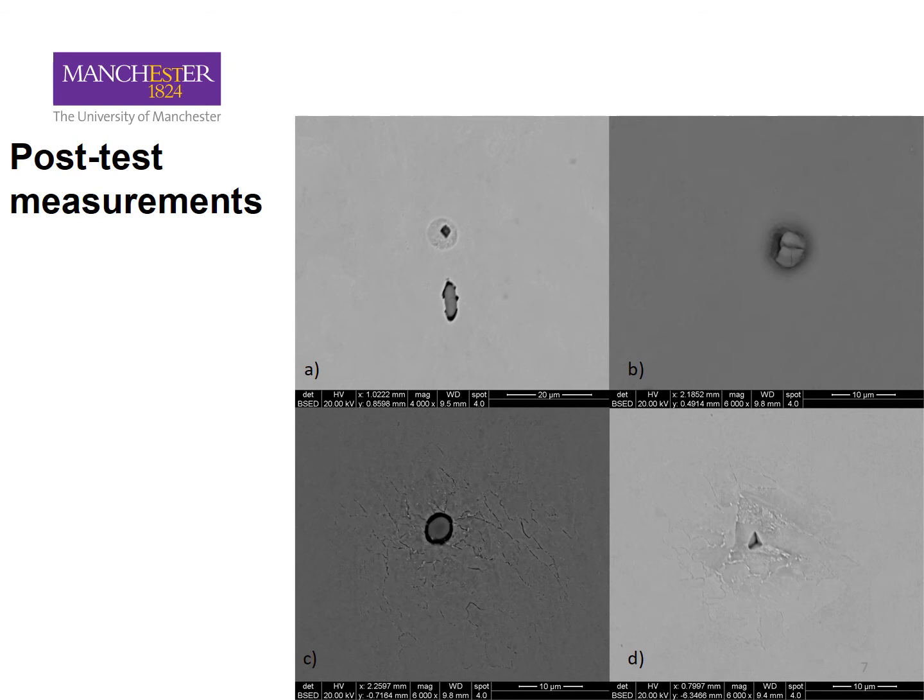The particle that's cracked internally is shown in image B, with two cracks, one there and one there. In image D, what appears to be a void in the centre, surrounded by lots of small cracks in this highly distorted region. And we can see image C here. We've got a better image of that on the next.